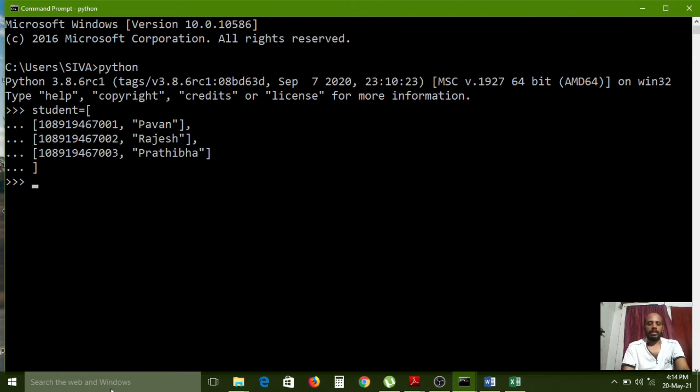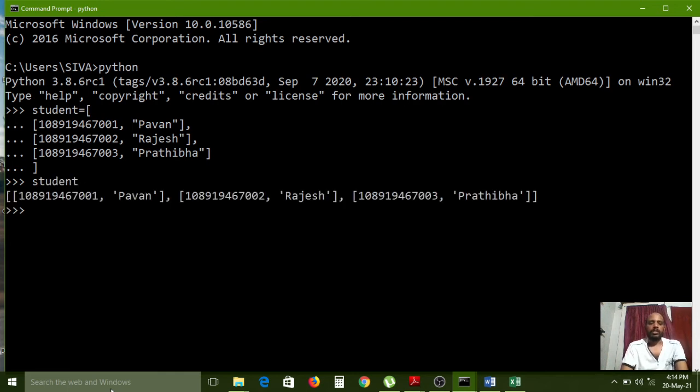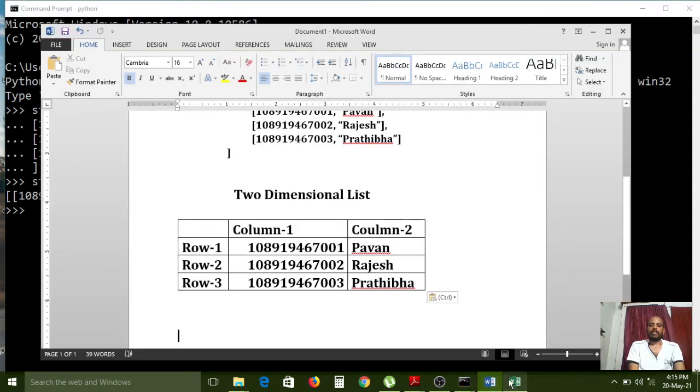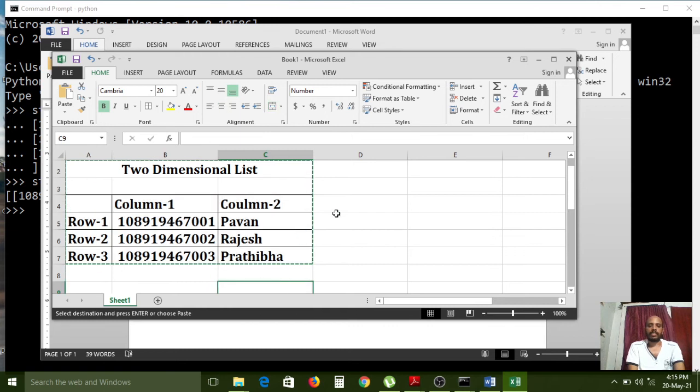Now I want to see it. So that's why I am just using the student list. Simply the data has been displayed like this. The data is displayed with the two-dimensional concept. The outer square brackets are used, and while printing it has also printed easily. All of you carefully observe. Here the index is also stored like this.